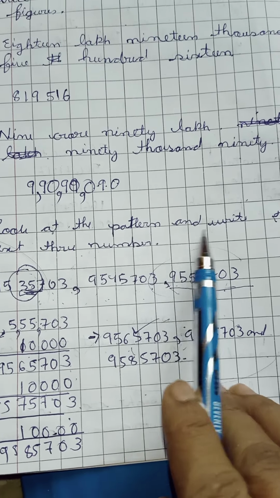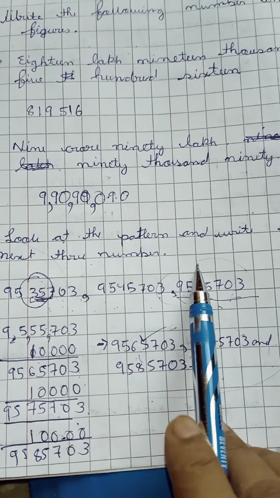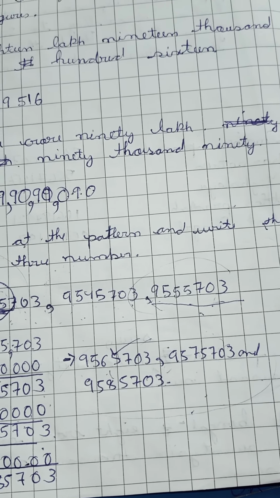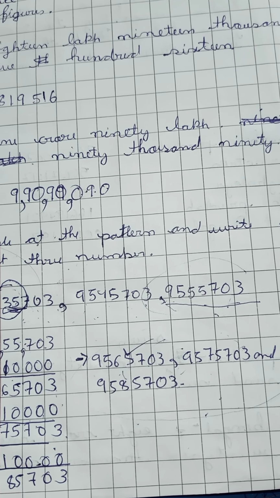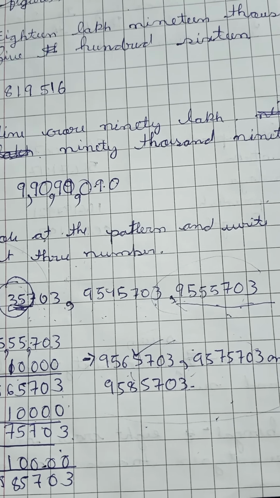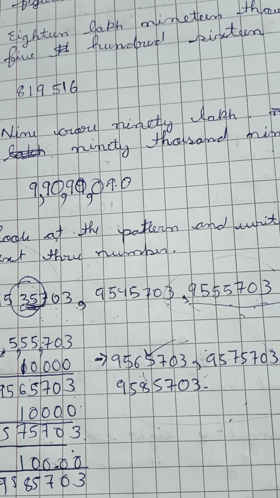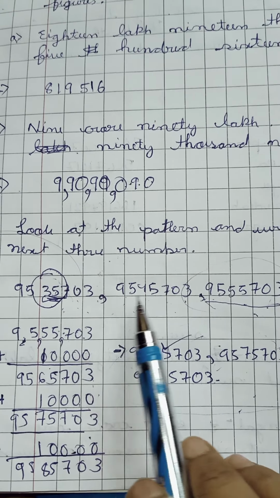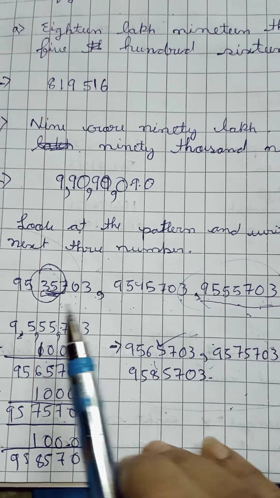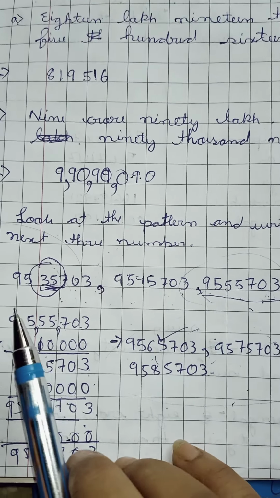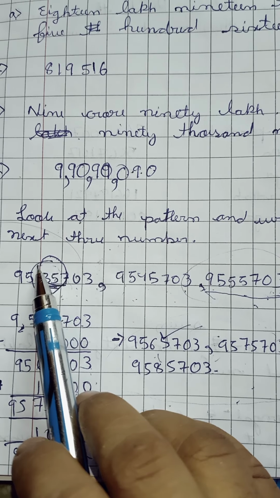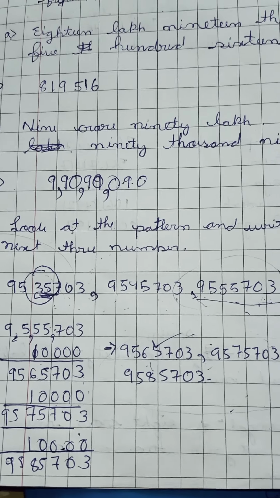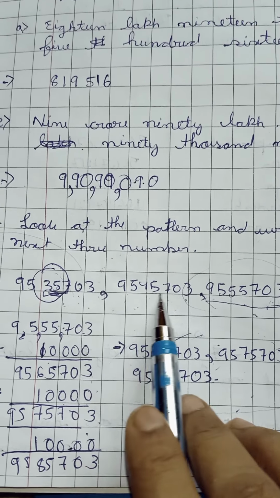Look at the pattern and write the next 3 numbers. In number 6, you have been given A, B and C. I am showing you one sum, and the rest 2 sums you have to do on your own. First, understand from where the pattern is changing in each number. See, 3 numbers are available to you, and you can see that from the place of 10,000, that means from the unit of 1000, the numbers are changing